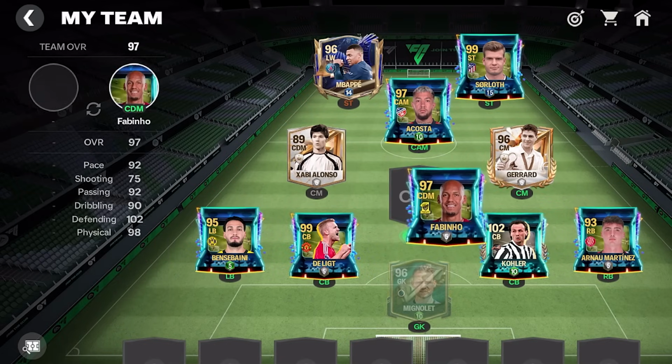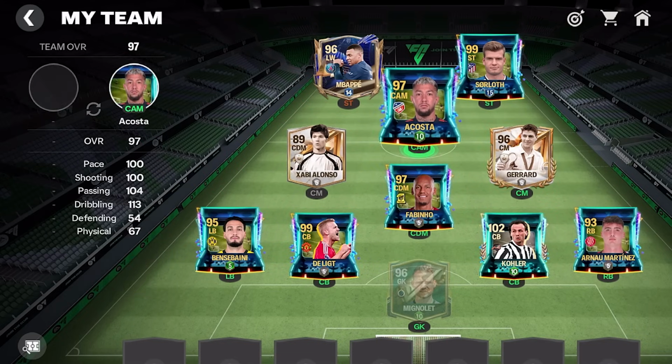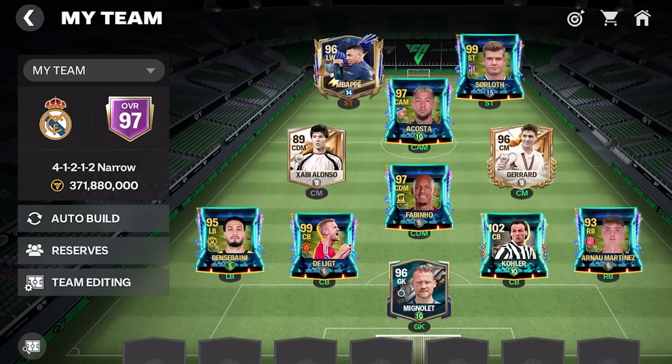I should probably rank up Fabinho. I need to train up my left back, and I probably need to rank up Acosta, but if I can't, I might even go out and buy a Kocha or something like that. So that is the game plan, and for the rest of the night tonight, I'm going to buy players, try